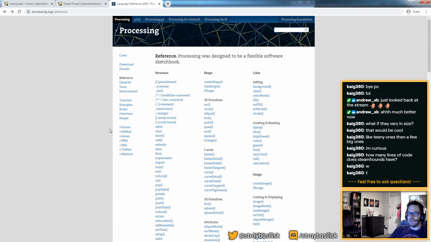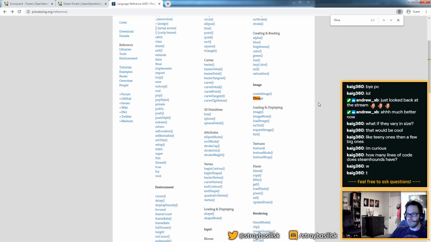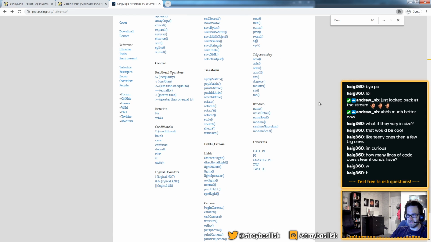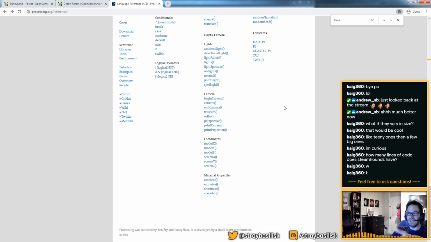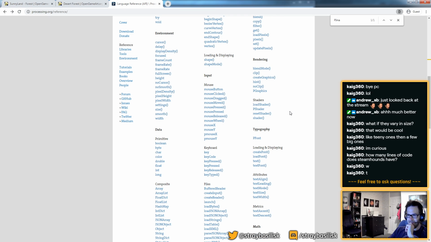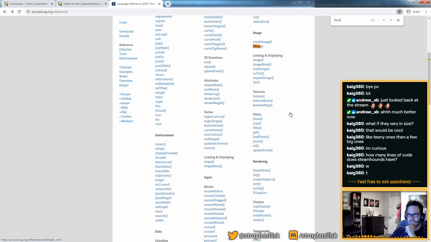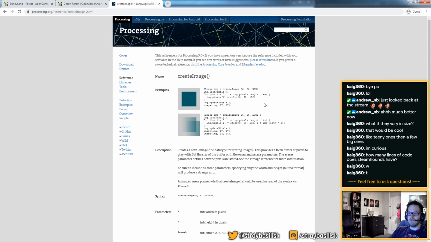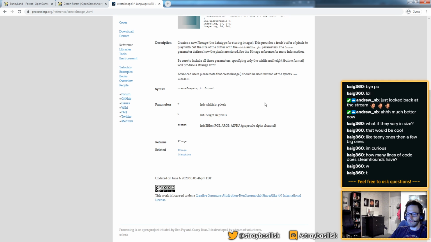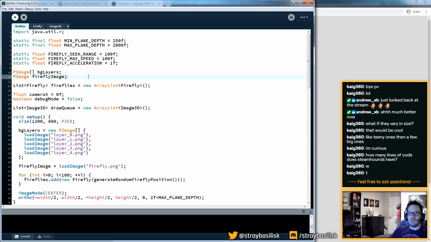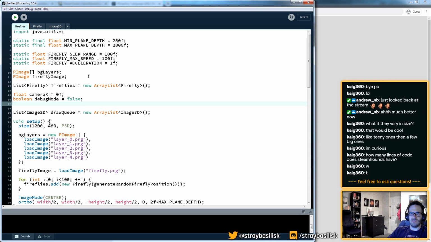And the way to do this is we need to do this in two passes. So we need to draw our lighting, if you like, to one layer, and then blend that on top of the scene. So I'm looking for a way to draw stuff to a temporary texture, essentially. PGraphics, I think that's what I want. Yep. So what I'm going to do here is